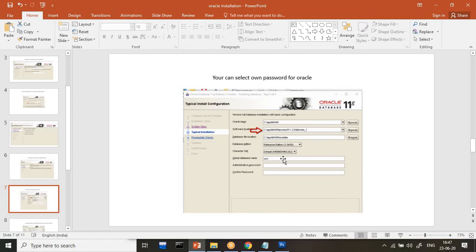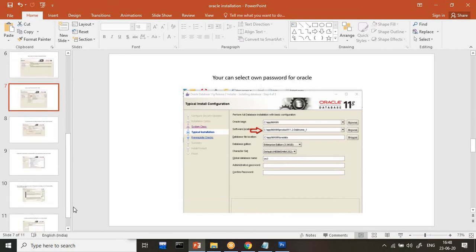Just select your password, whatever you want. And ORCL is the global database name, which is very important whenever you are going to create your Java project or something. When I start my advanced Java series, I will explain where it is required, but make sure that you don't need to do anything here. Just select your password, whatever password you want. And here if you are downloading 11G, your username will be either sys or system. Any username will be there by default. After entering the password, just click on the next.